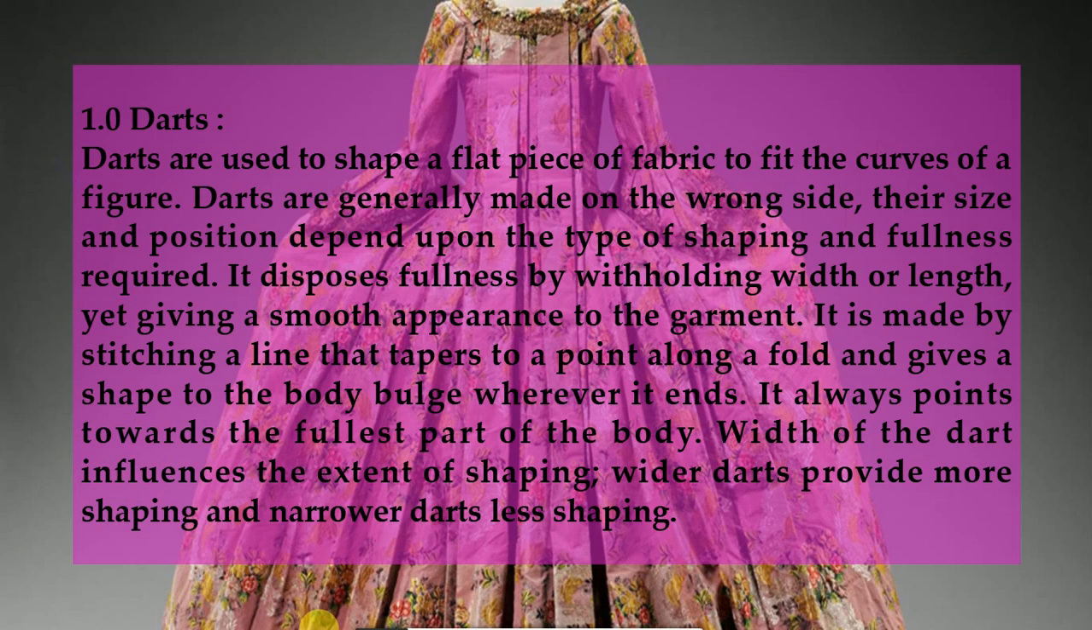Darts. Darts are used to shape a flat piece of fabric to fit the curves of a figure. Darts are generally made on the wrong side. Their size and position depend upon the type of shaping and fullness required. It disposes fullness by withholding width or length, yet giving a smooth appearance to the garment. It is made by stitching a line that tapers to a point along a fold and gives a shape to